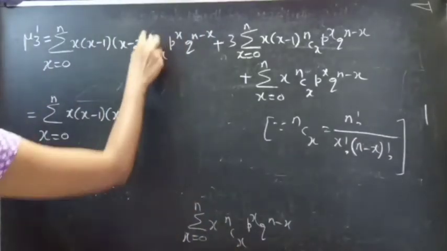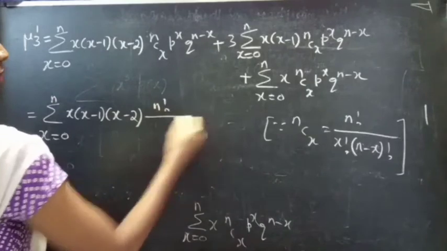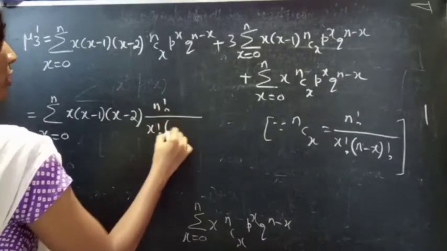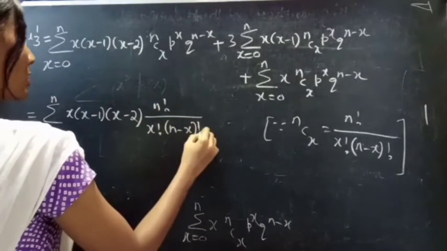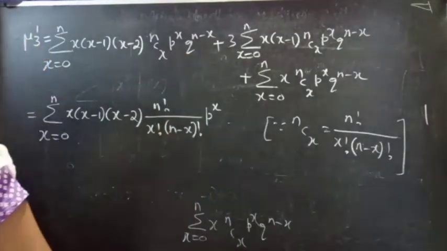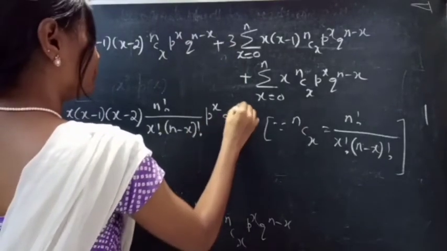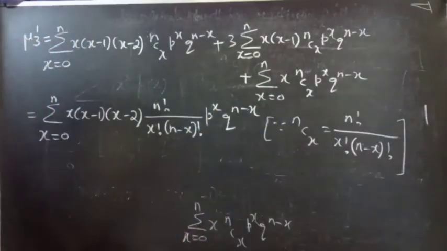Okay, so now we can replace nCx by n factorial by x factorial into n minus x factorial into p power x into q power n minus x. Okay,